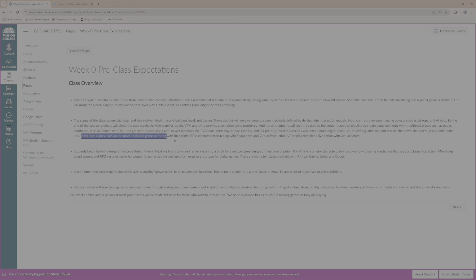Some advanced topics we'll get into: blueprinting, so you will script some things. You can do some cinematic storytelling with a sequencer, and there's also virtual production, which this class does cover part of the certificate, if you wanted to do virtual production using Unreal Engine or real-time game engines for movies and video, and real-time with both live action and virtual actors as well.